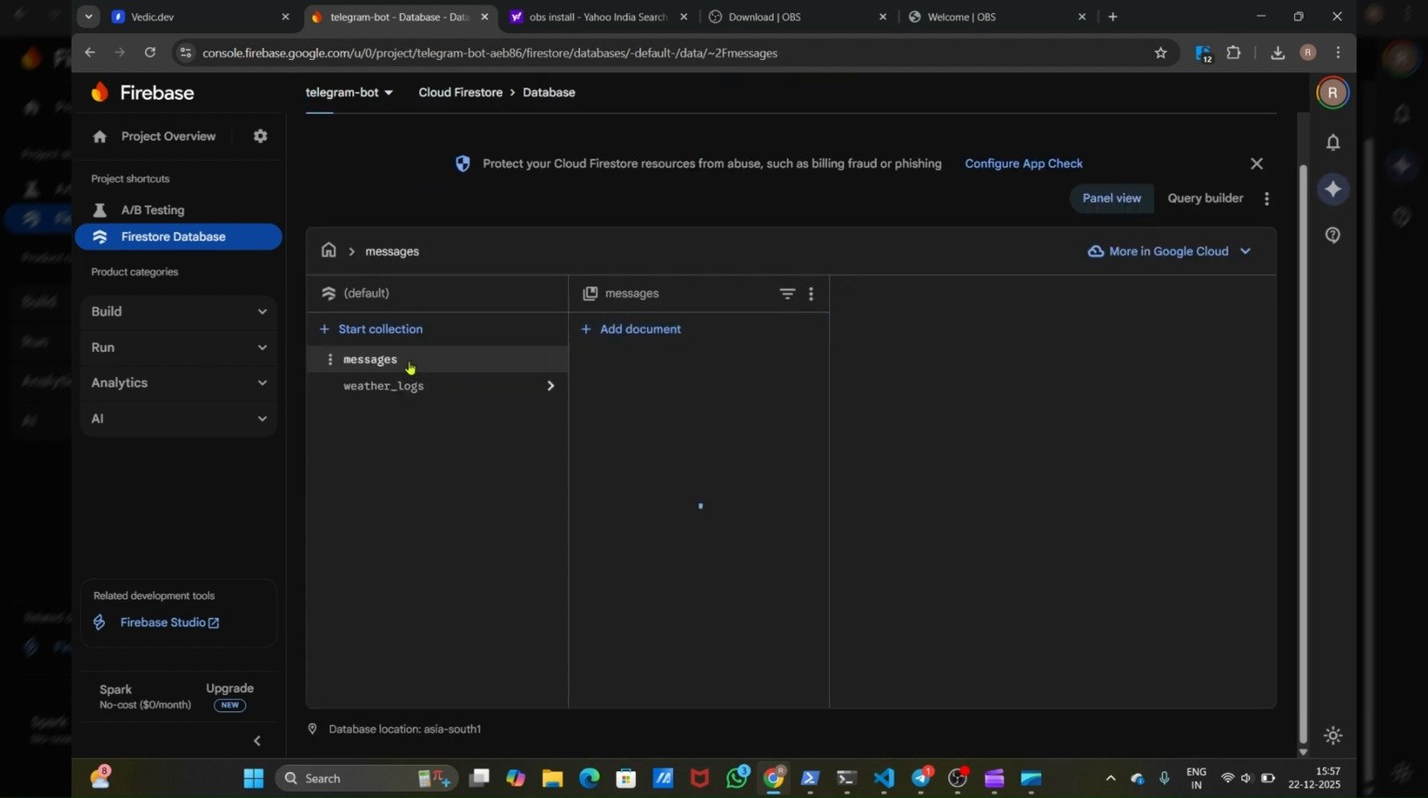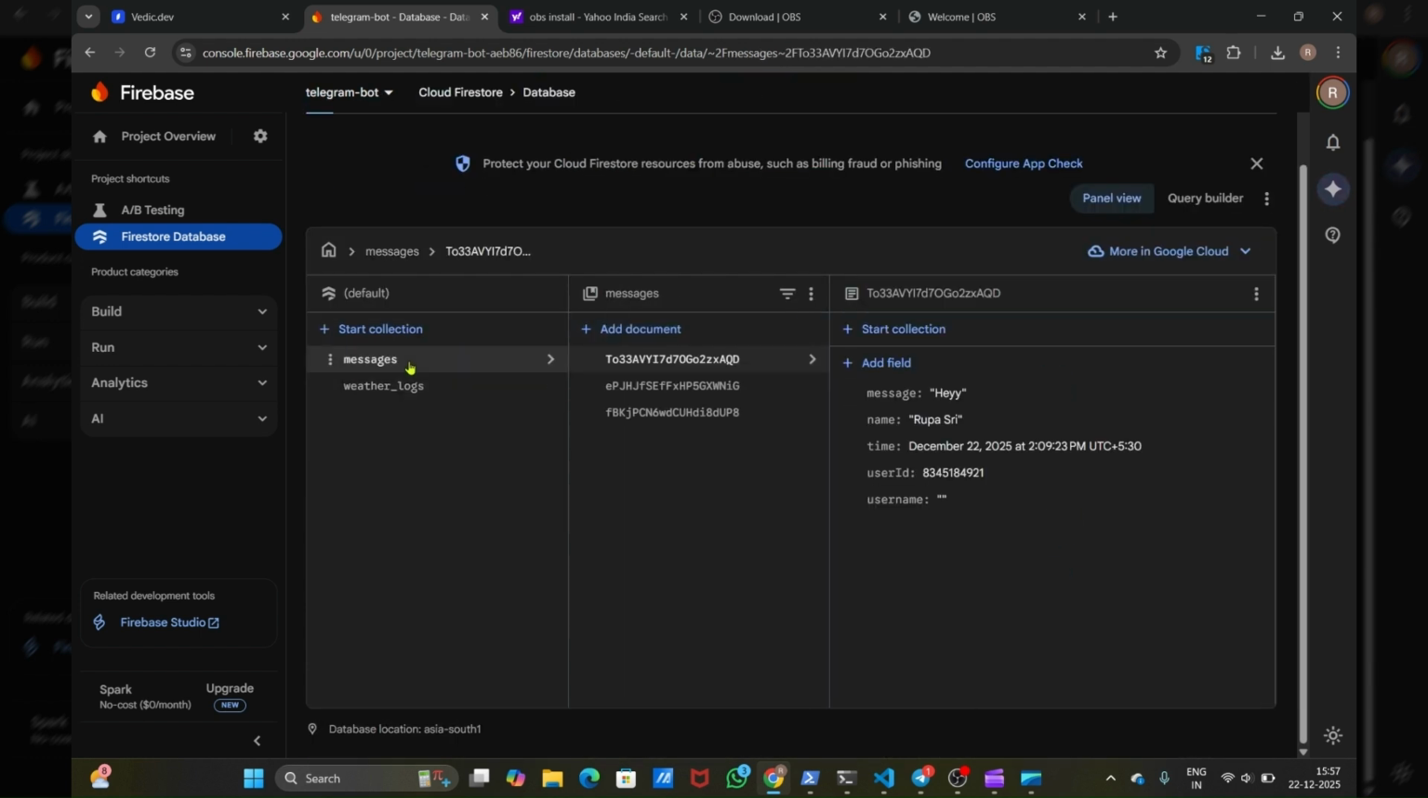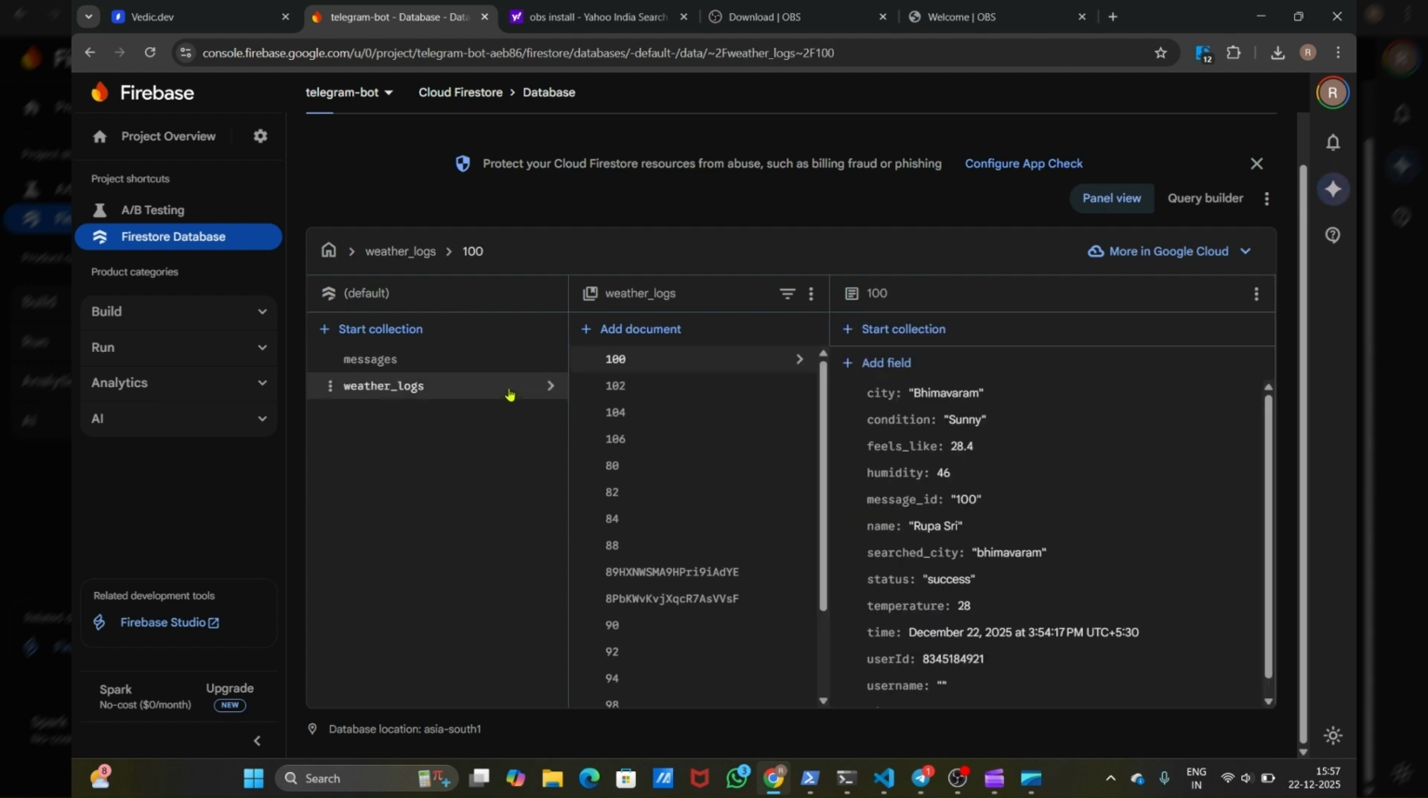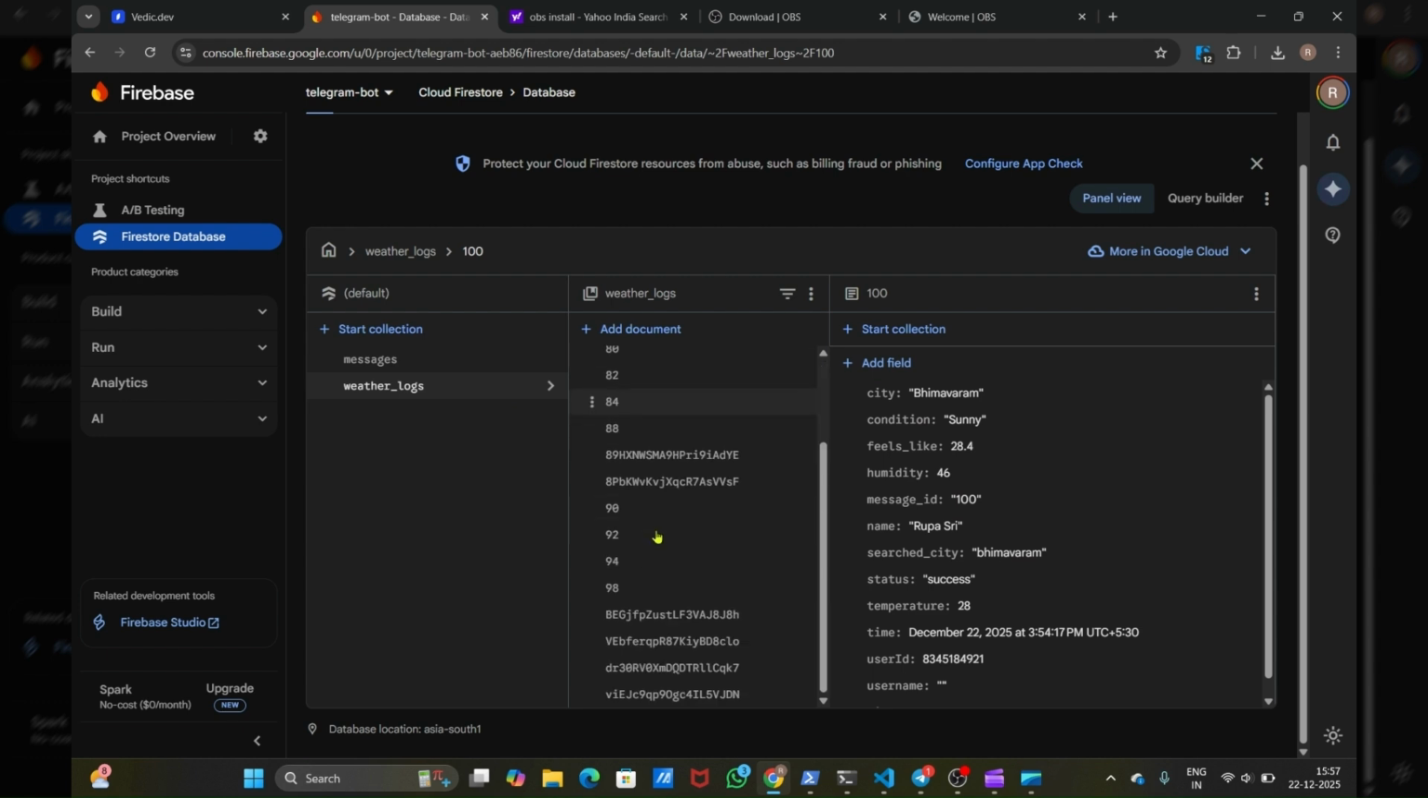And see, we have another collection called messages. This is a collection where we can see the documents with the required fields. And if I scroll, we can see multiple documents. See, each document has a different message ID, which proves that every message is saved only once. This data can be used for